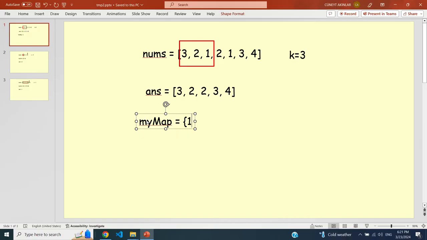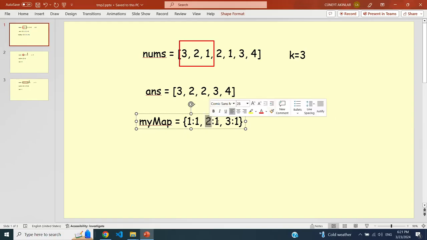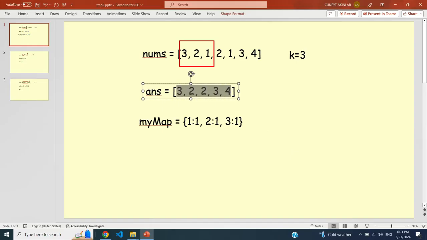There is 1, 1. And then there's 2, 1, and 3, 1. So the first value in here is the number, and the second one is the frequency. As you can see, there is one 1, there is one 2, and from 3, there is only one of them. And because these are stored in a TreeMap, the maximum value is always at the end. I can ask, give me the maximum key. That's 3, so I get the maximum key value and put it into the result.